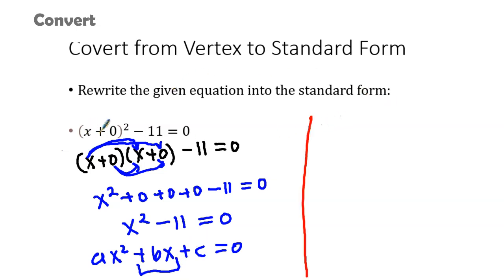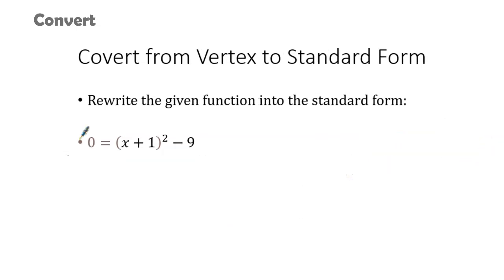Though we are missing this part of it, still it's of standard form and it's a quadratic. Someone could have also, right from here, forgotten about 0 because 0 is nothing. If you look in your packet, you have 0, that means you don't have anything. So you can write it this way, minus 11 equals to 0, and then you remove the parentheses, you write it as such, and that one would have been also cool. Let's look at the last one. Pause it at this time. You have to be able to do this. So here, go ahead,